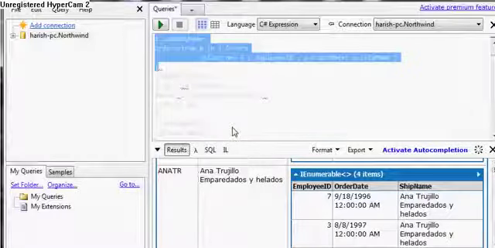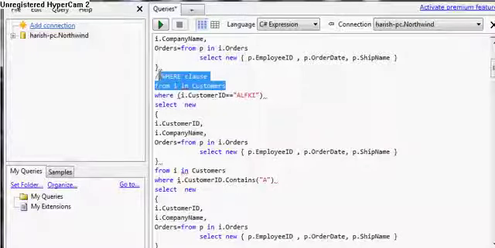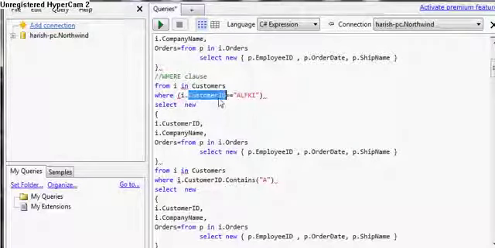Now coming to the where clause in LINQ, the topics I will cover in this lecture are clauses which are equivalent to SQL Server and how we can use them in LINQ. Now here I will introduce you to the where clause. In this, from i in customer remains the same, then I have to tell where i.CustomerID equal to the customer ID